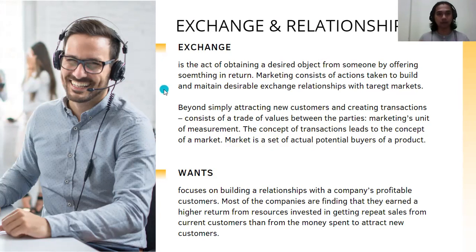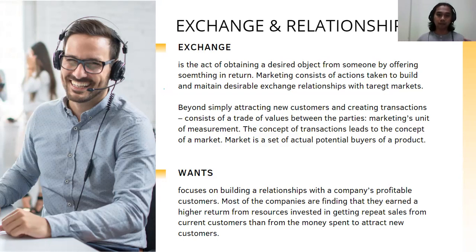So, in the concept of marketing, what do we exchange for? Ultimately, since our stakeholders on this note would be the customers, the business entities would be producing products and selling them to the customers. And in return, your customers would avail of your products and services and give you money as payment, or as an exchange for the availment of the products and services that you are offering.